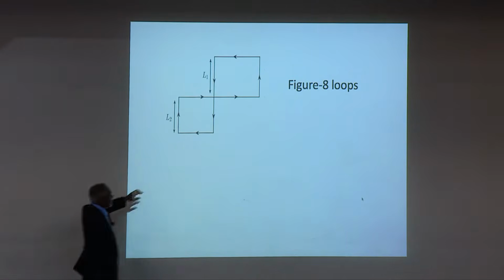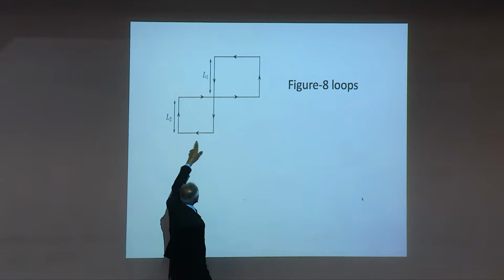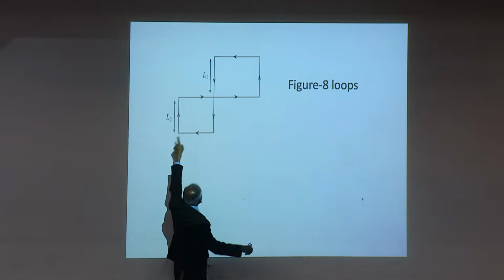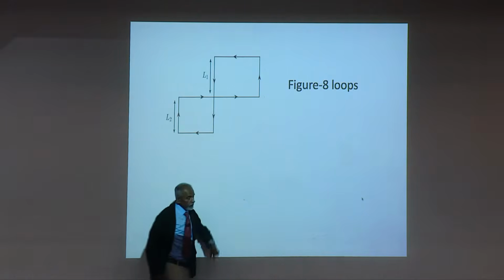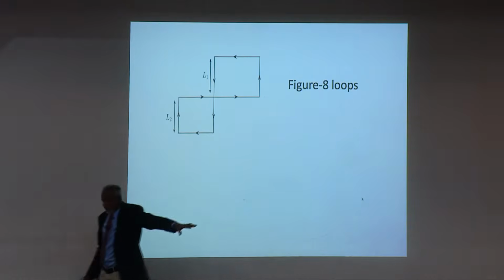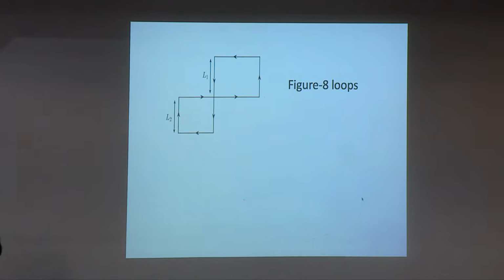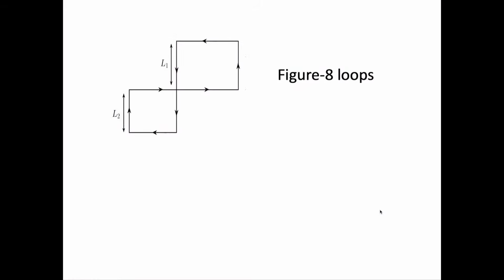Now, let's do a little bit more complicated thing, which is this loop. Let's say you start somewhere here. You go around the loop like this, and the area, the loop itself, is to your right as you traverse this. But when you get to the top loop, the area is to your left. So now you are in a bit of a quandary. The sign on the area depends on whether it is to your right or to your left. Should you add up the two areas when you calculate the circulation around the area and attribute it to the area? Or should I just take the arithmetic